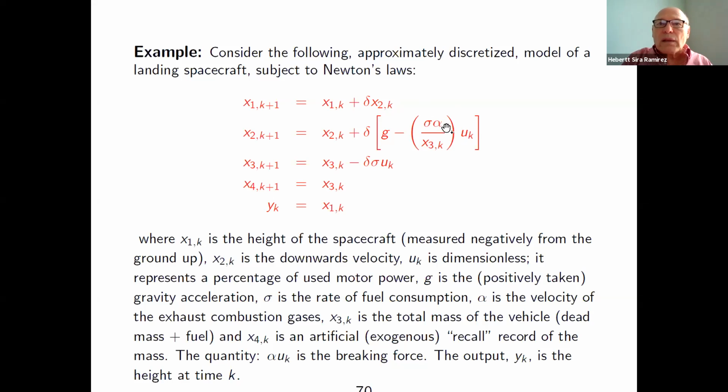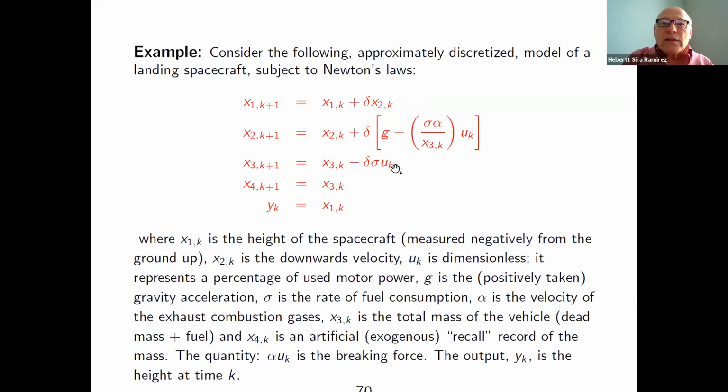So this is a standard model, and of course, since the mass is varying, the derivative of the mass, which would be the difference of these two terms divided by delta, is just minus sigma times UK. So it's also modulated by the same control. Sigma is the rate of change of the mass due to the consumption of fuel, and UK is the modulation between 0 and 1. If UK is 0, there is no consumption of fuel, and therefore the mass is constant because the derivative of the mass would be 0. Or UK is 1, and then you're expending the maximum rate of consumption of fuel.